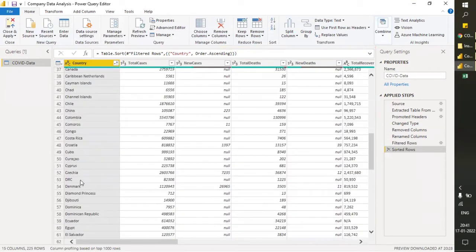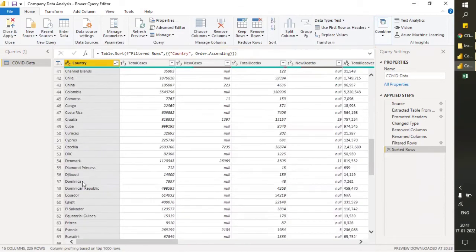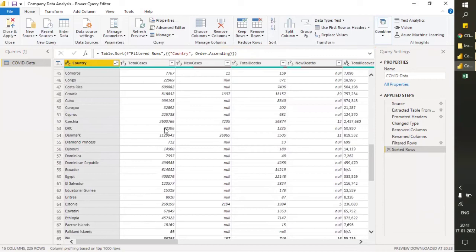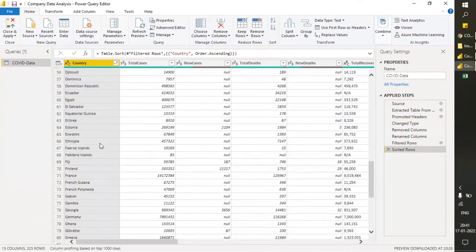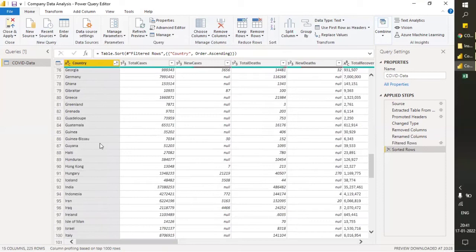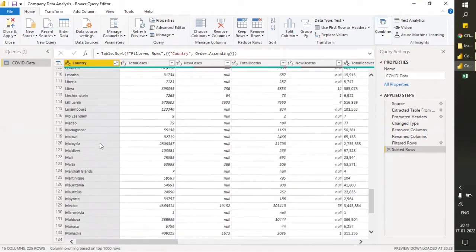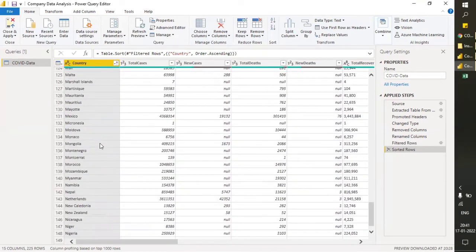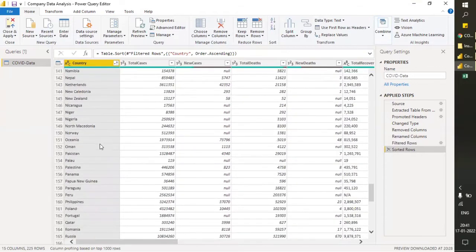I believe this is some country name. Yeah, because you can see the total cases are 83,000. So I believe this is a small country, like a Caribbean country. If it's a region, then the numbers would speak for themselves.